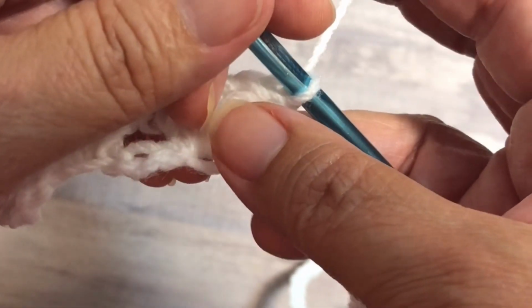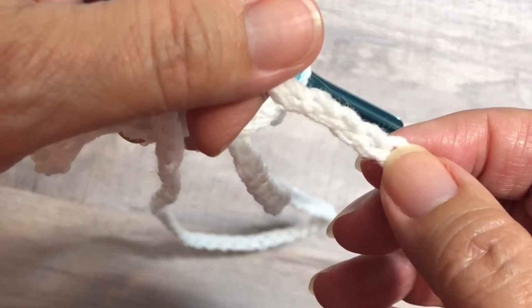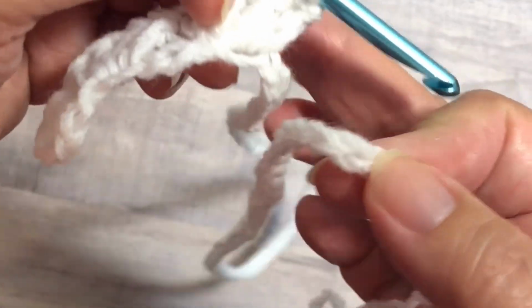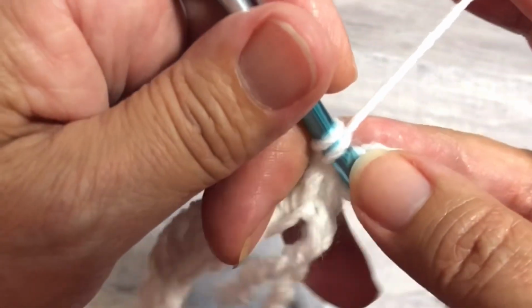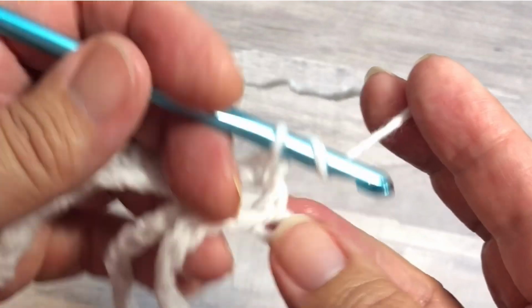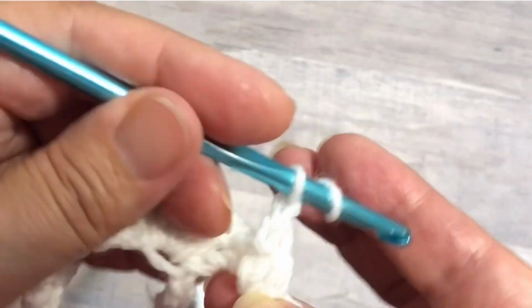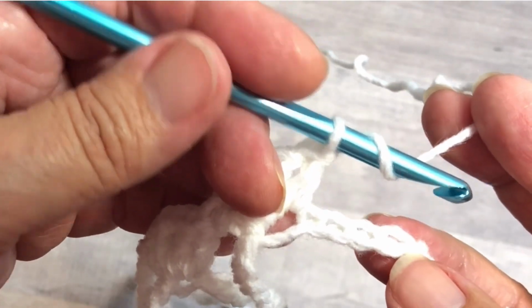Let me push through to the end and show you how to do the end. So at the end will have 1 double crochet. There will be 3 chains between the double crochet and the iris stitch. 1, 2, 3. So let me put an iris stitch right here. All right, so an iris stitch right here, 2 double crochets. Chain 1, 2 double crochets, and a double crochet in that last stitch,